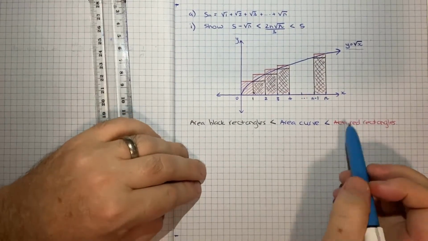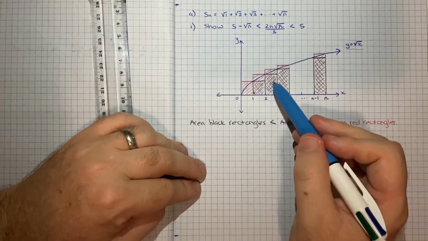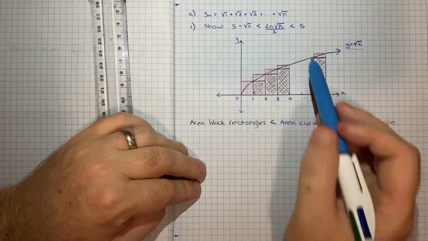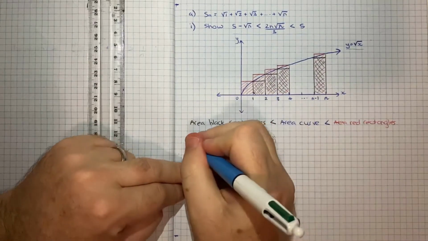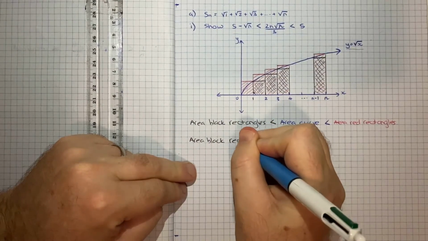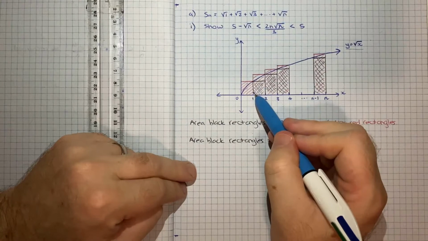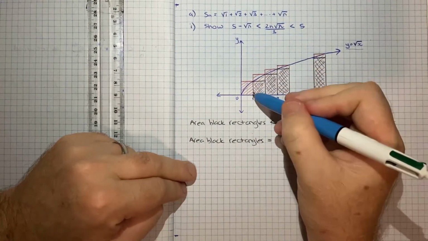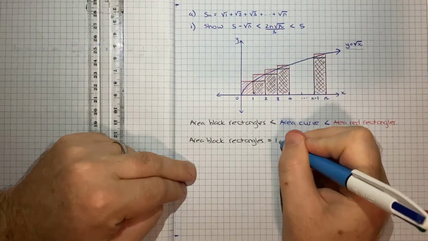So once we've got that basic starting point with our inequality, we can just evaluate each of these things and hope that it then lets us get to the inequality. So if I start with the black rectangles, the area of the black rectangles would be equal to, so they all have a width of 1, so it's all going to be 1 times something. This first one, the height is the square root of 1, so it's 1 times the square root of 1